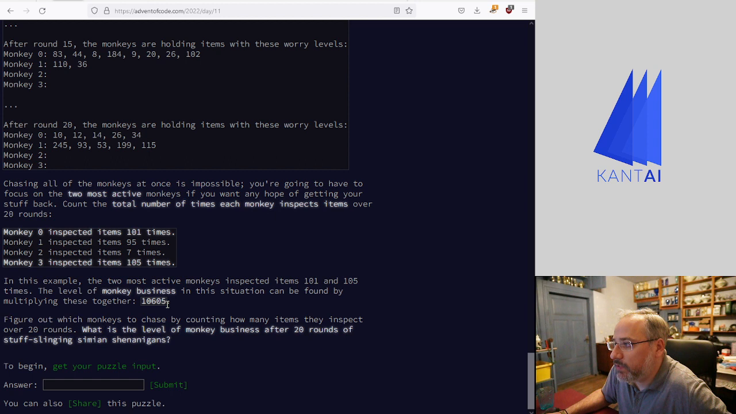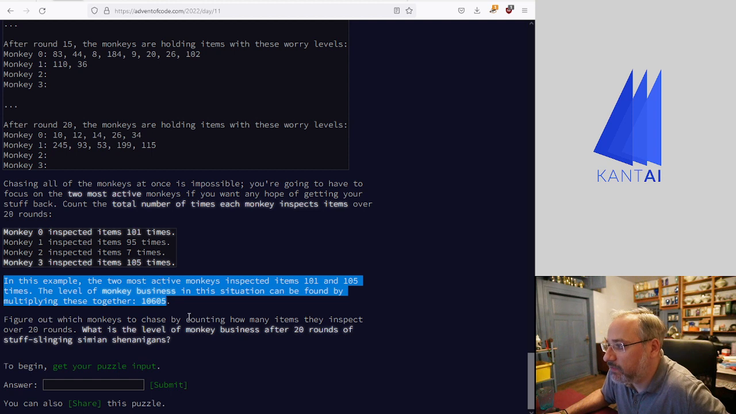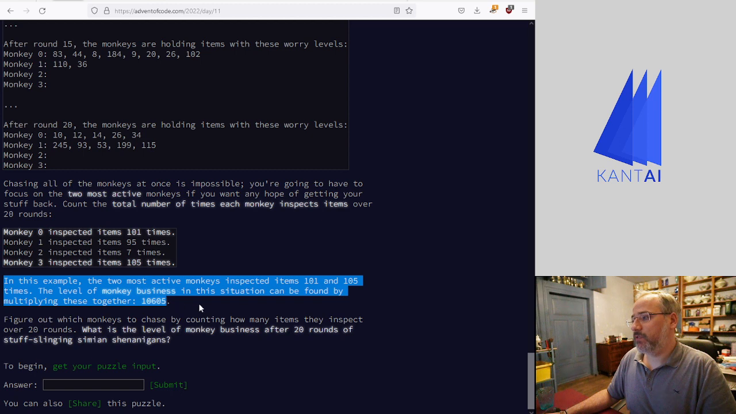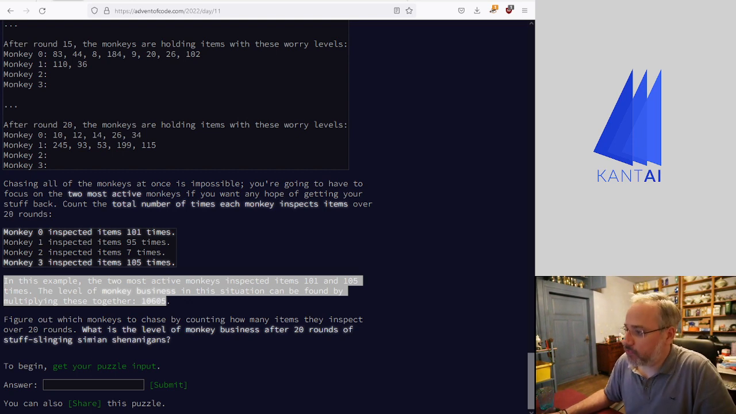Okay, so we need to calculate the monkey business, and the monkey business situation can be found by getting the two most active monkeys and multiplying their numbers. The level of monkey business in the situation can be found. Yeah, okay. So let's calculate the monkey business, and then we can try what works with our own. So monkey business, format print monkey business percent the